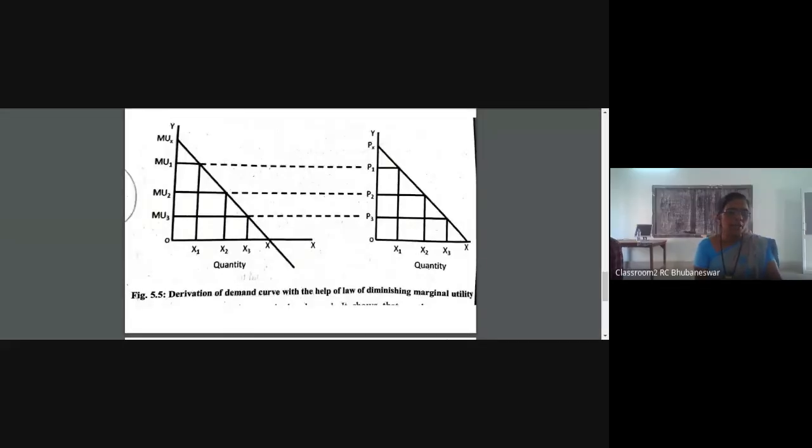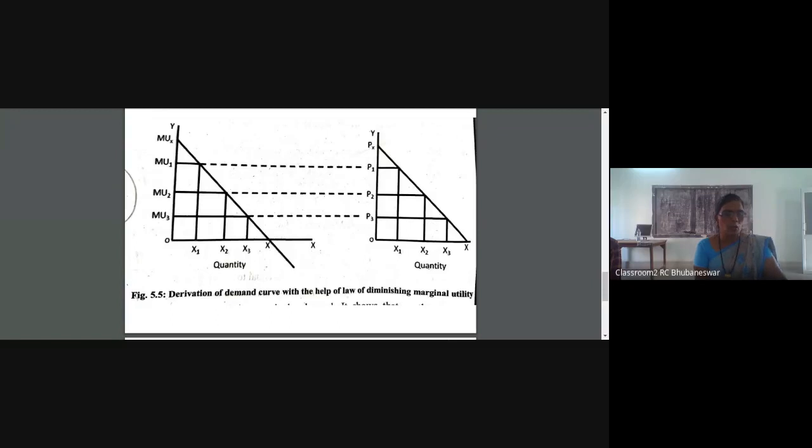In other words, as the consumer consumes more and more units of a commodity, its marginal utility goes on diminishing. Marginal utility is always diminishing in nature as more and more is consumed. That means its utility is decreasing. So it is only at a diminishing price that the consumer would like to demand more and more units